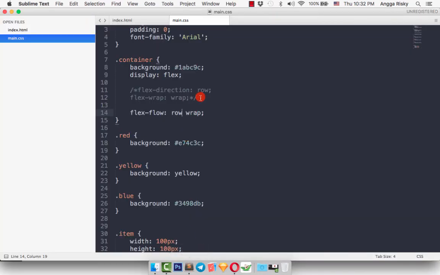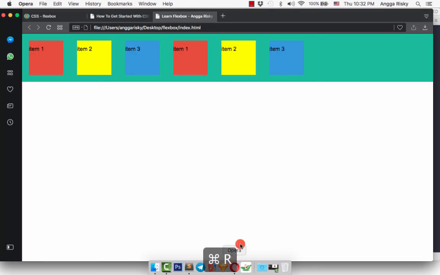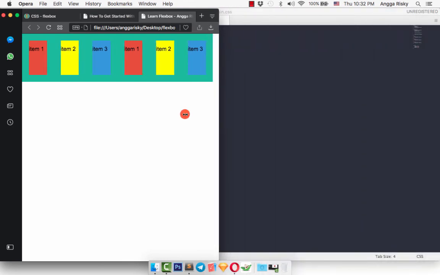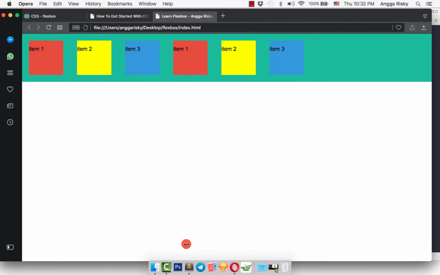Do you understand what I mean? So we don't need to write flex direction or flex wrap. We just need to use flex flow, and this is the value from the property, which is flex direction, and the last one is wrap from flex wrap. Okay, so if you don't want to make it responsive, just like this and like this, but it's not good. Well, I think it's enough for getting started, and in the next video maybe we can learn another